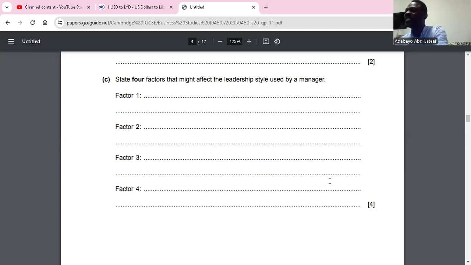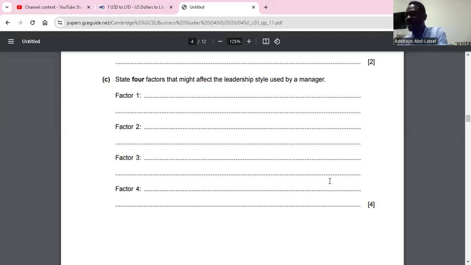Okay. The second one, the skills of employees. When we talk about the skills of employees, how does this impact on leadership style? I wrote, this could be said with laissez-faire leadership style, where the managers provide the resources and allow each employee to take charge. It means the manager is there to provide employees with the resources needed and allows them to carry on their job. So they become their own boss. This can only happen if employees have the required skills to carry out those jobs. So if you have skilled employees, then you can approach them with laissez-faire leadership. I think the second point is clear.